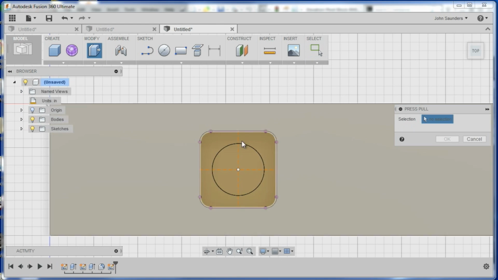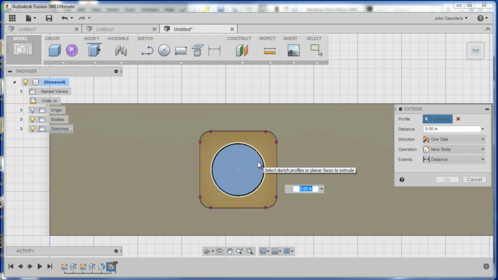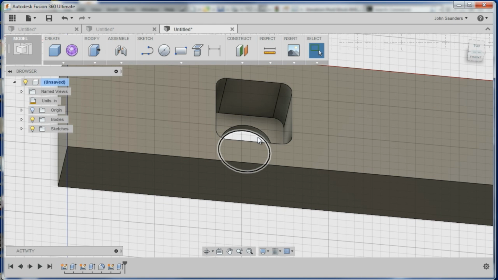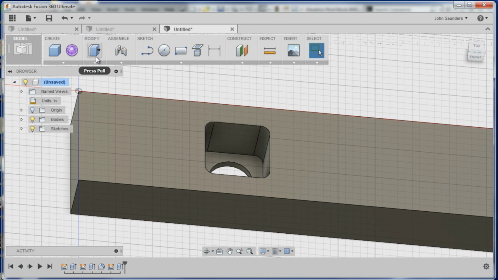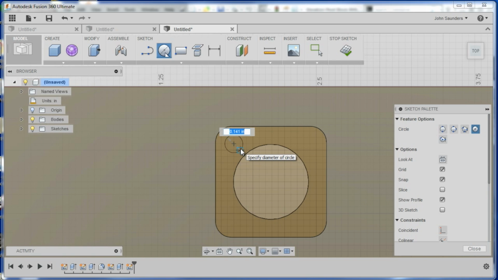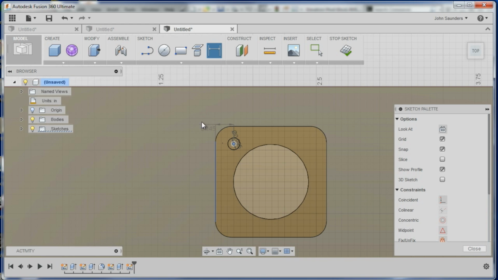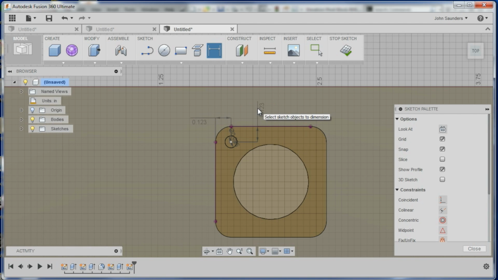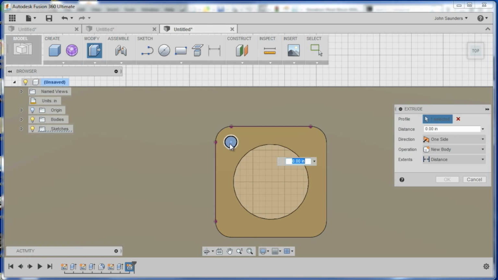And again, we'll do modify push-pull. Now if you don't know the exact distance, you can do -1, and that'll be the same as going all the way through. Make sense? We need 4 holes around it, so I will sketch another circle. Just going to sketch it just about anywhere, and that is a 0.0945 hole. Dimension that 0.1225. Again, these are coming from the SolidWorks part that I've got. The same thing, 0.1225. Now we know it's 0.63 over and down, so let's see. First we'll go ahead and modify that, press pull it all the way through,